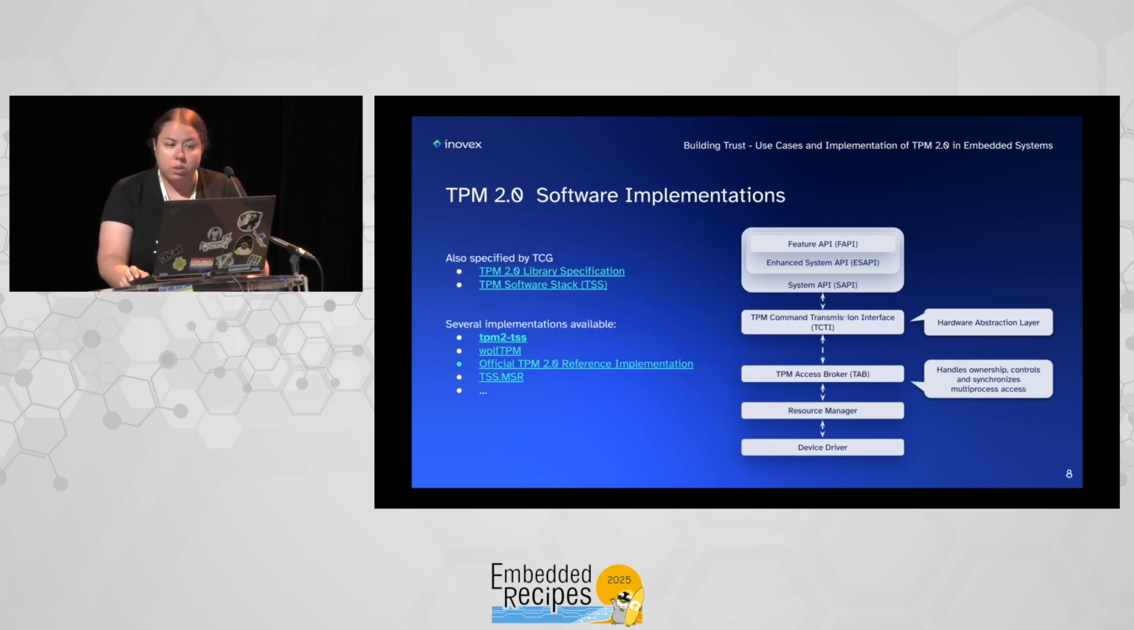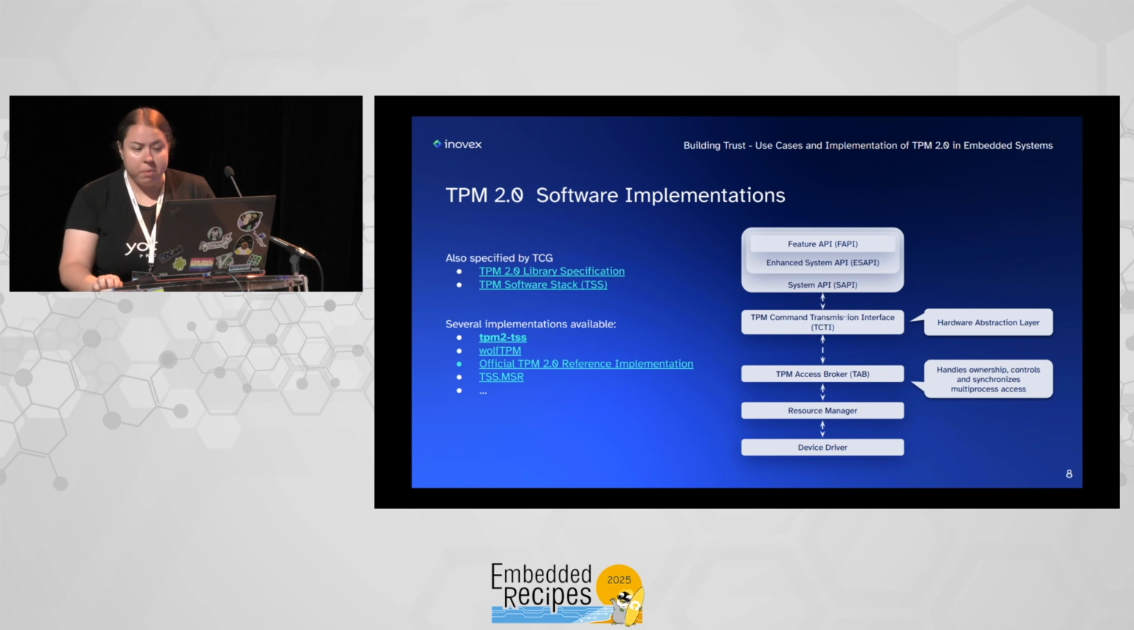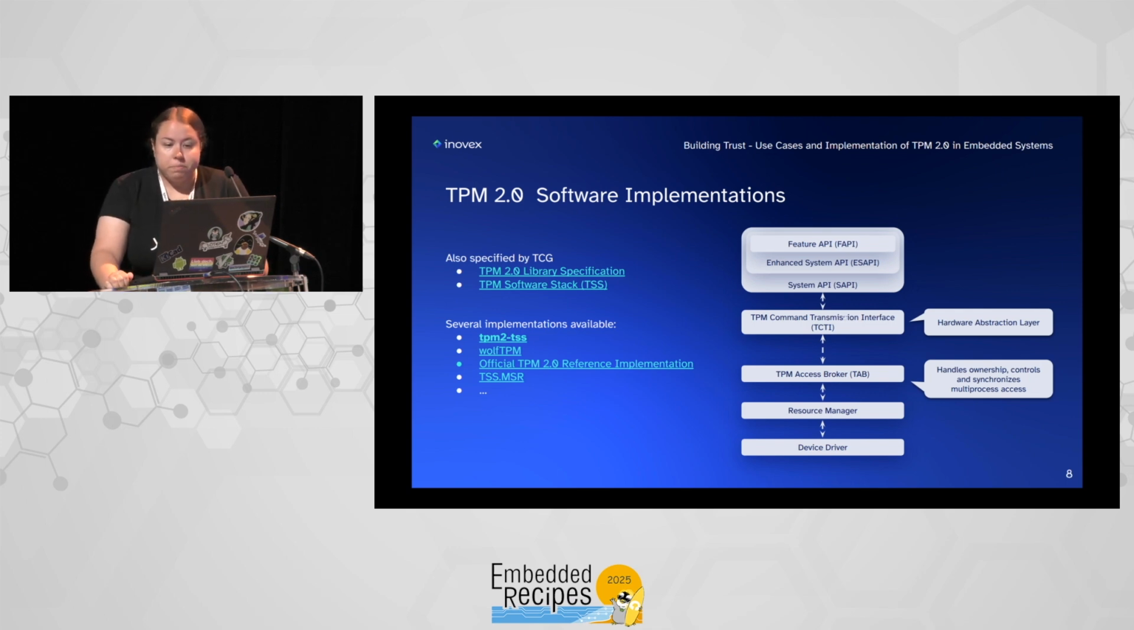And when speaking about software and software implementations, let's dive into the software stack for a minute. The software implementation, the library, and the stack are also defined by the Trusted Computing Group. It's defined as a stack you can see in there. There are basically 3 API levels in different abstraction levels. There's a system API, basically mapping onto the low-level TPM commands, an enhanced API and a feature API for more sophisticated use cases. In applications, there's a TPM command transmission interface, TCTI, which you can think of as a kind of hardware abstraction layer for TPMs,